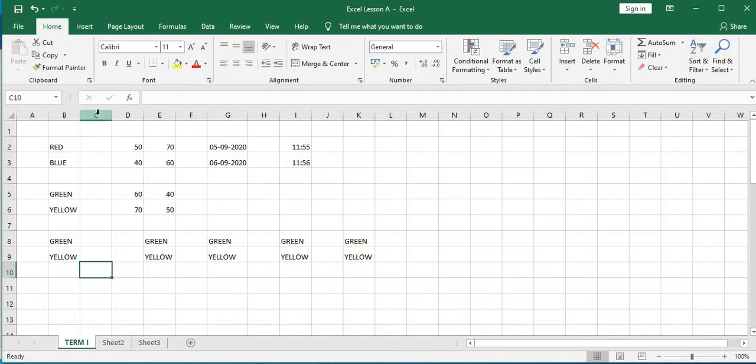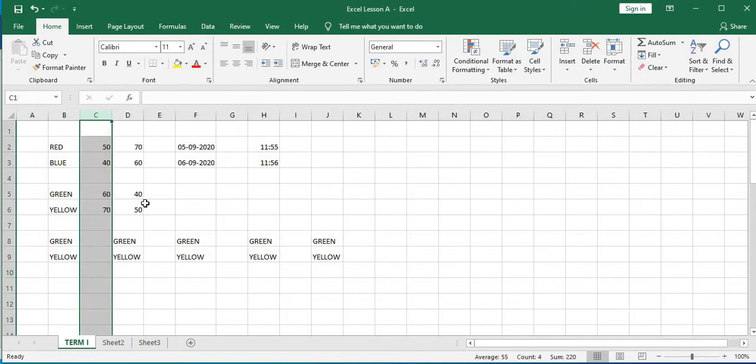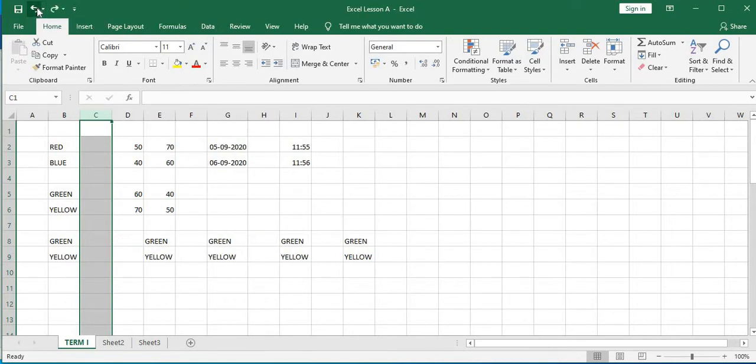You can delete also. If you right click on the heading and click on delete, then it will be removed. You could bring it back by pressing undo and redo also. If you press undo, then it will come back again. This undo and redo is very funny. Okay, now the next is